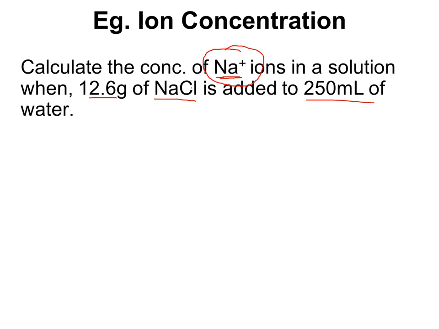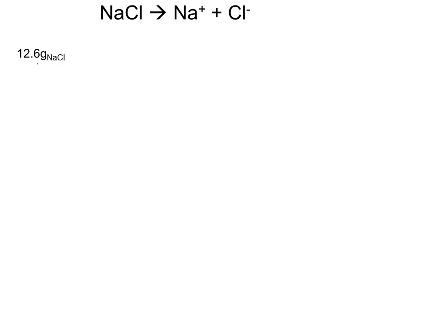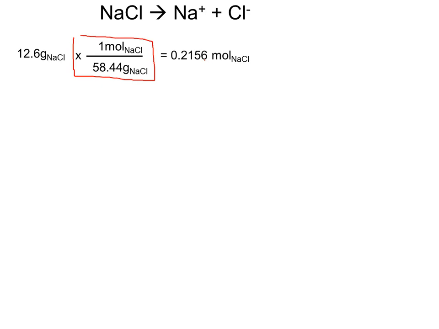So first off, again, when we're talking concentration, let's assume we're talking molar concentration. So we need to have moles and we need to have liters to get to our answer. Right now we're in grams and we're in milliliters. So we just need to convert grams to moles, milliliters to liters, and make sure the moles is over the liters, and we will be in molar concentration. So starting off with the mass of the sodium chloride, I want to go to moles using my conversion factor